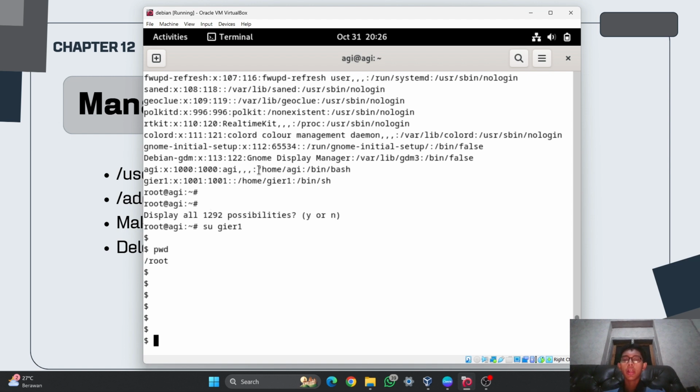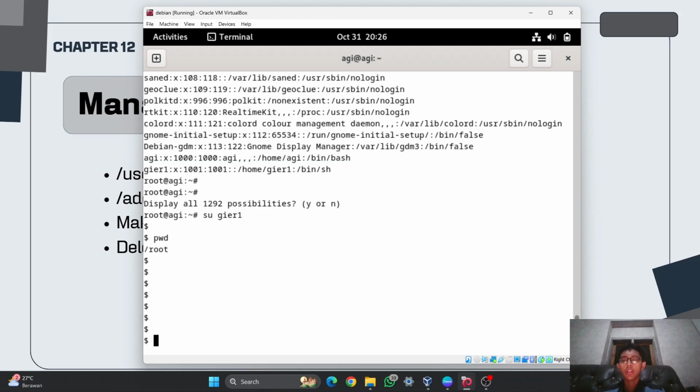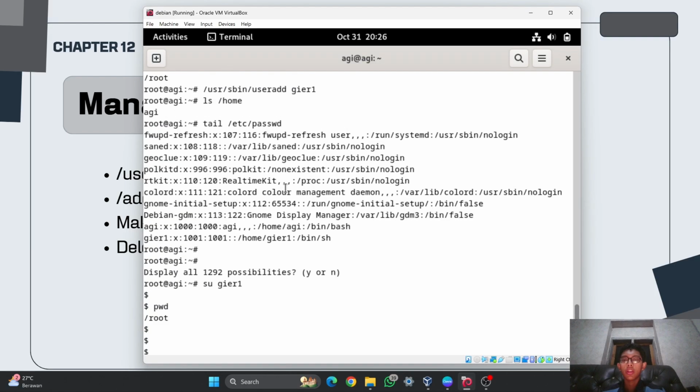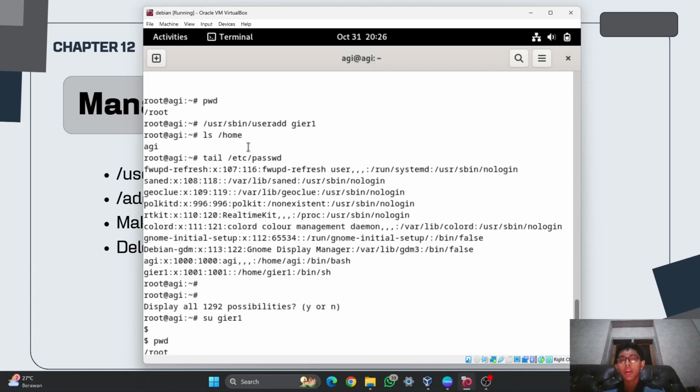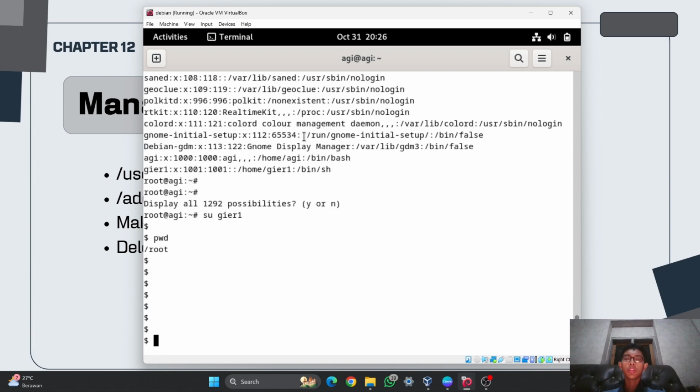It is not like a normal Debian. So that is for /bin/sh, and the user will have the shell of /bin/sh if you only use useradd and then directly the name of the user.